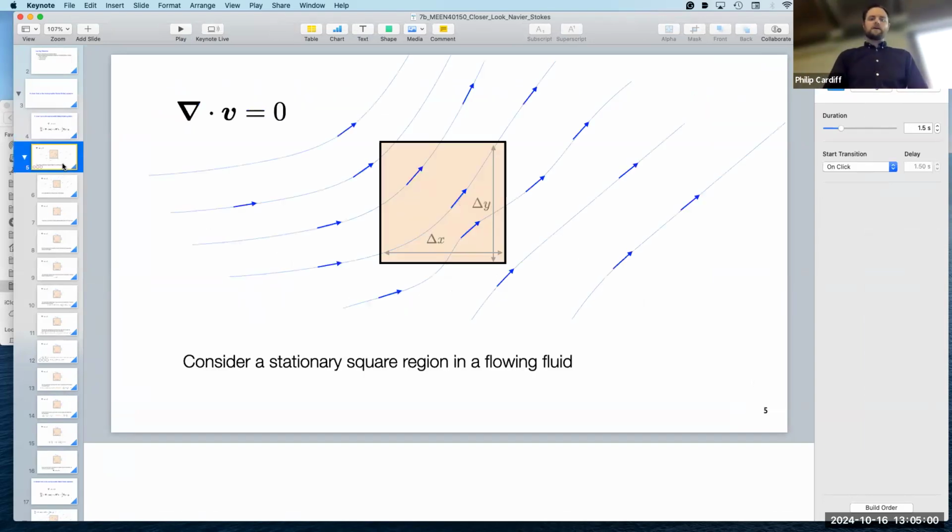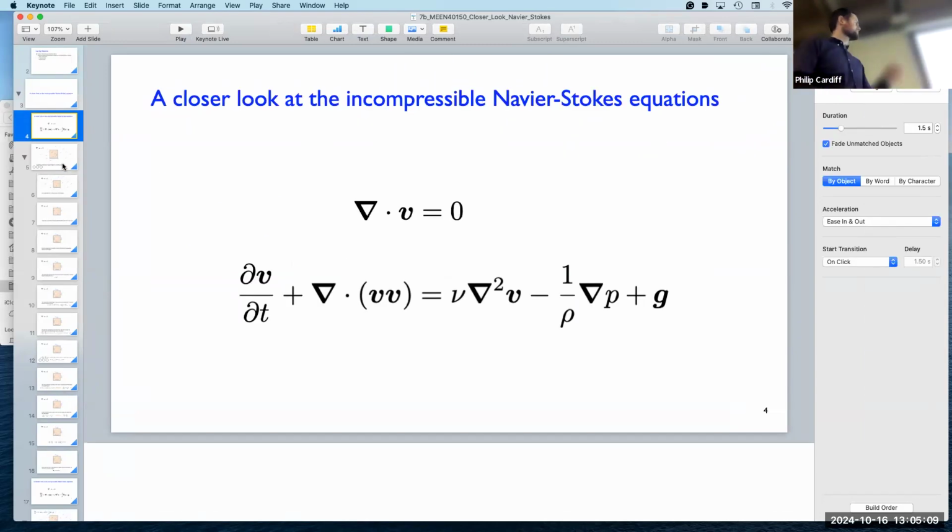So the last day we were looking at the Navier-Stokes equations in a little bit more detail. These are the Navier-Stokes equations for incompressible flow: conservation of mass, which becomes conservation of volume for an incompressible material, and conservation of momentum, mass by acceleration, equals the sum of the surface forces, which are the viscous part and the pressure part, plus body forces here represented by